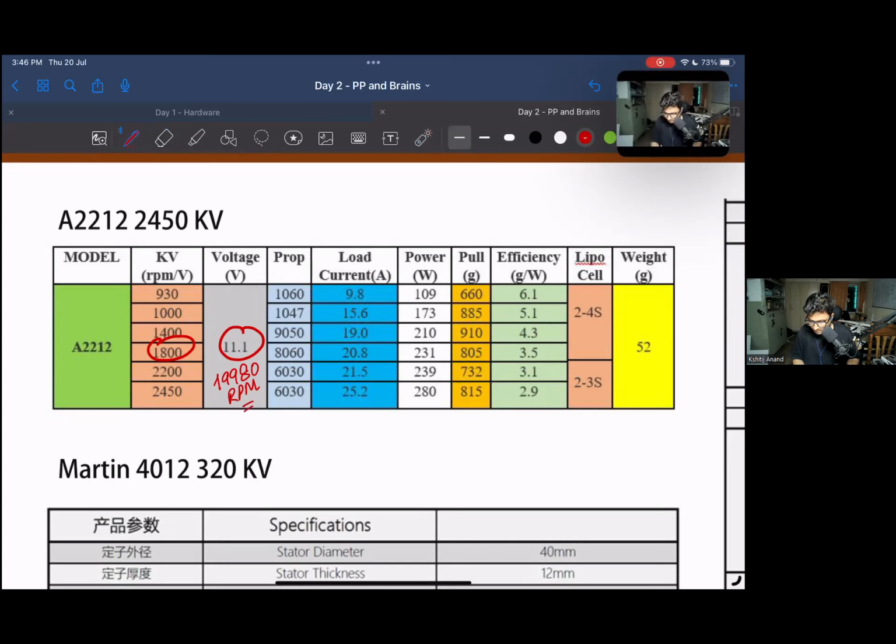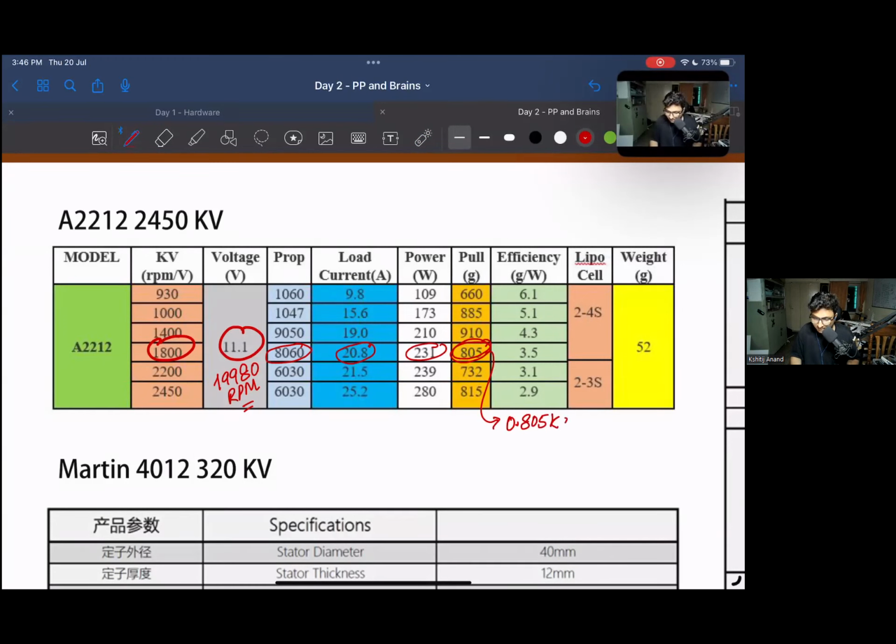Okay. And what propeller is it suggesting? It's suggesting that we use the 8060 propeller. Okay. Then the load current is going to be 20.8 amperes. The power that it is going to consume is 231 watts. And the thrust that it is going to generate is roughly